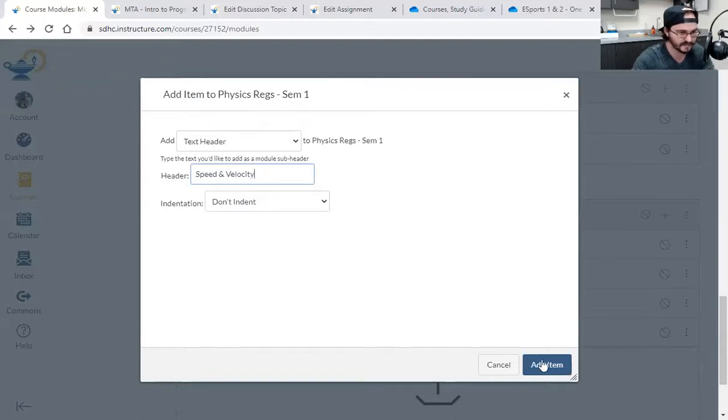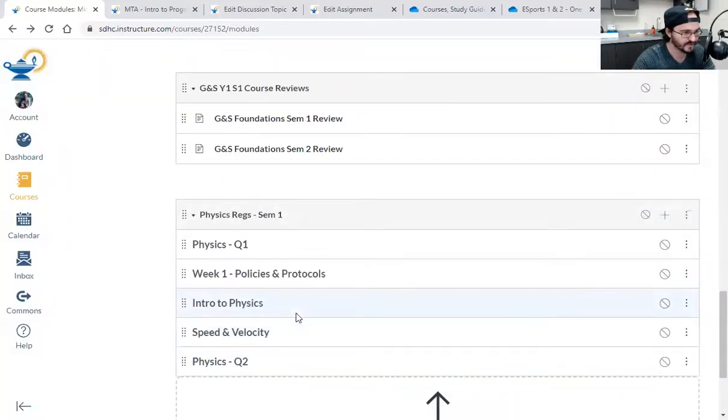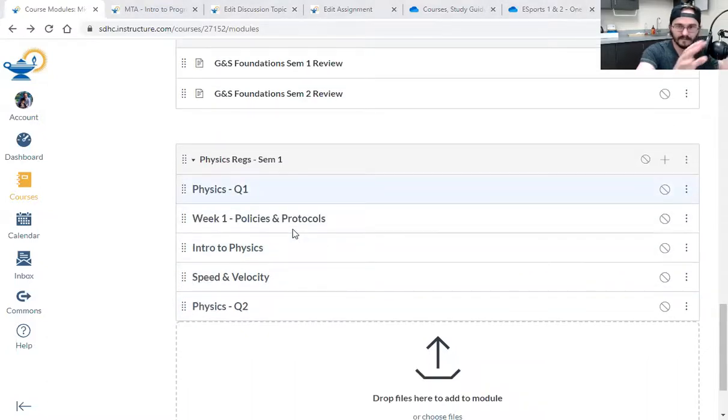You guys get the idea. I'm going to drag it over, that way everything that I see here, quarter 1, is now in here. So what I'm doing, once again, is setting up my modules for the future, for organization purposes.